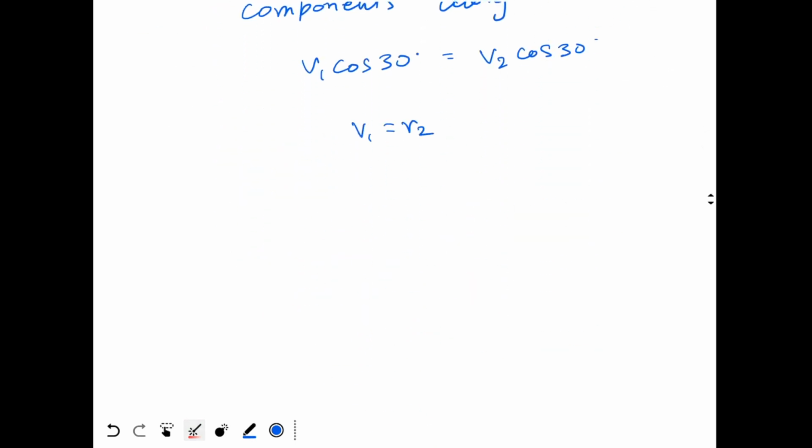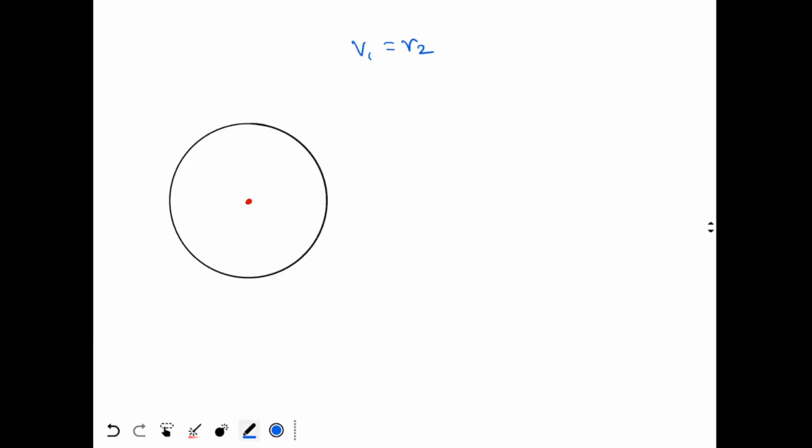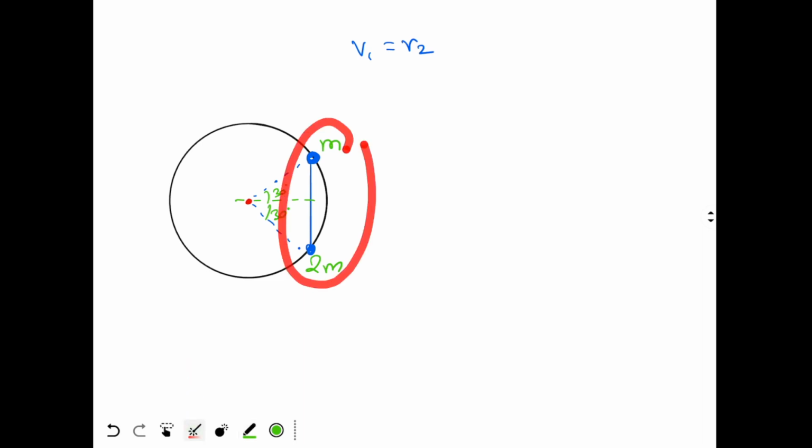Now when the rod becomes vertical, this is my ring and this is the new position of the beads and the rod. This is the rod and it's vertical now. Again, this is an equilateral triangle. So this will be 30 degree, this will be 30 degree. Why I'm drawing this 30 degree angles? Because I want to find the height. This is the bead of mass m. This is the bead of mass 2m. And the rod just becomes vertical. That means now they have zero velocity.